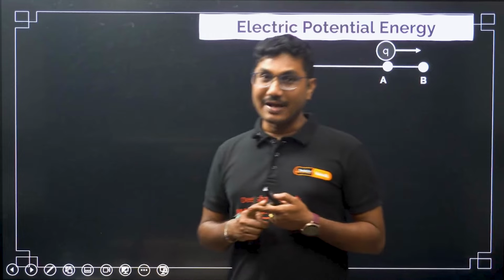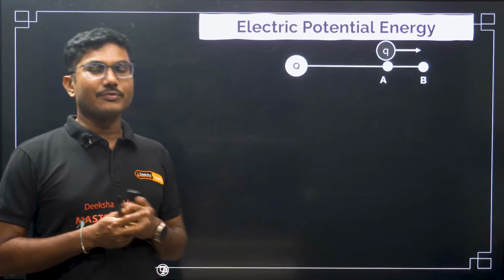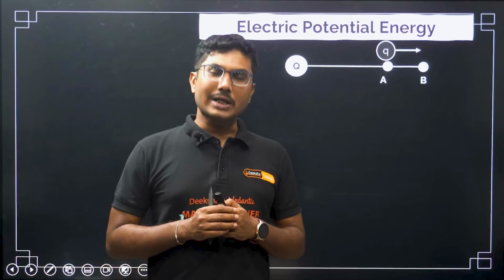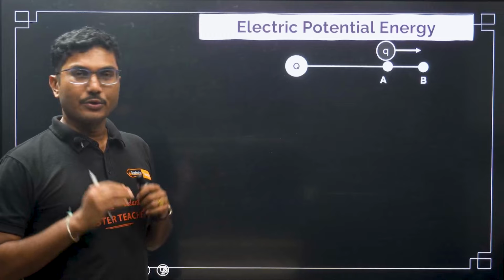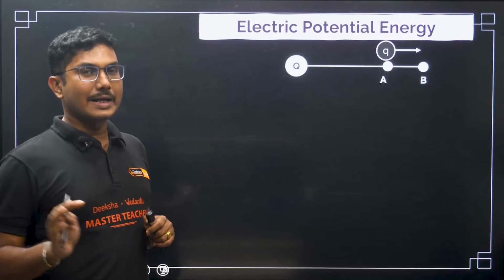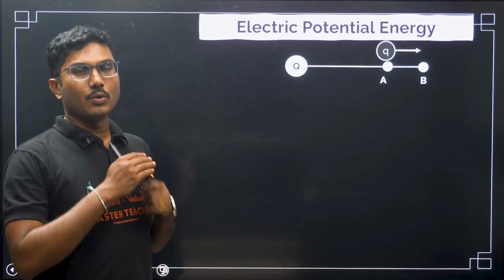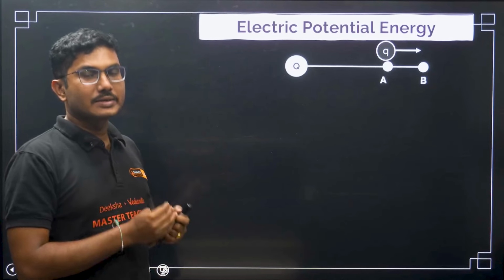For example, gravitational force is a conservative force, electrostatic force is a conservative force, whereas one common example which is not conservative is friction. In case of friction, whatever work you do does not get stored, so that energy is completely lost. But if the force is conservative, the work that you are doing will be stored as the potential